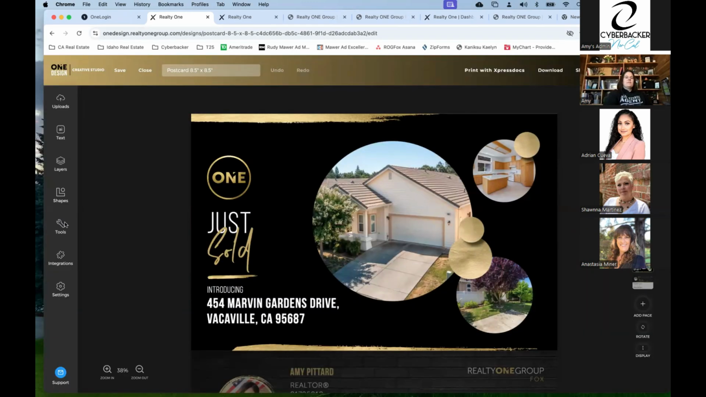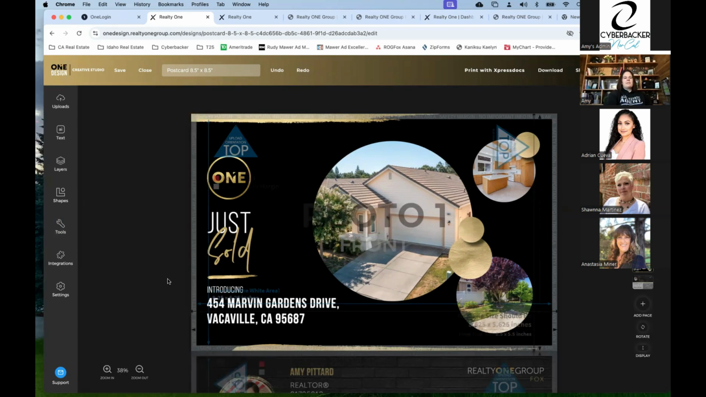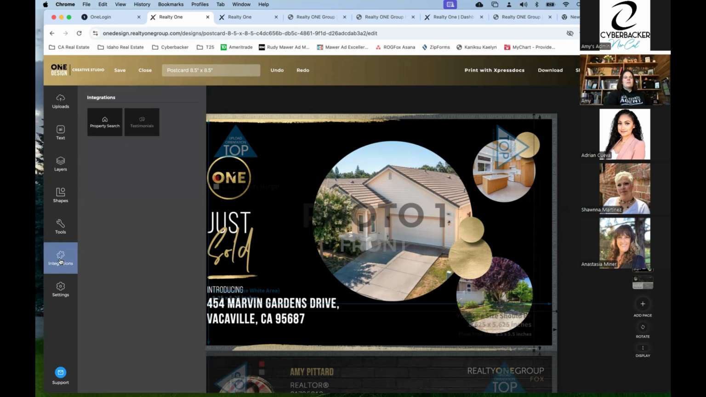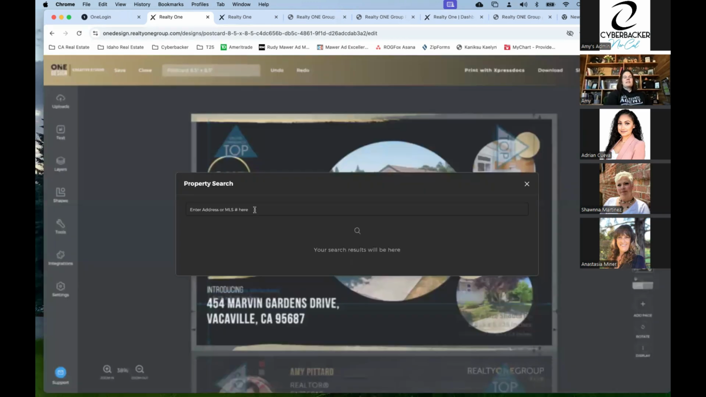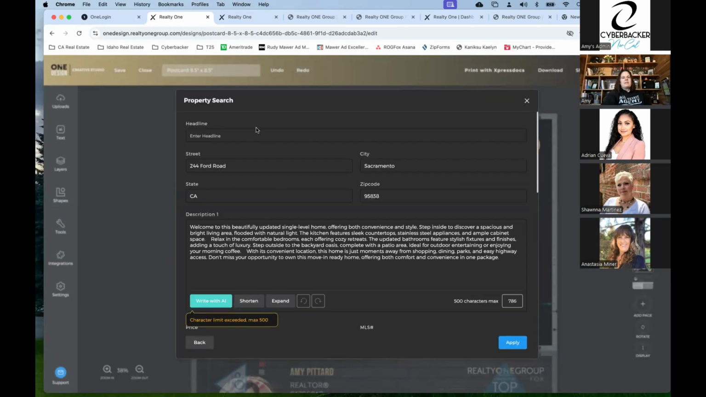Right. So tools, let's see if I can, it will create a QR code, right? AI writer. Somehow I believe we can update the property. Oh, here, if we hit integrations and go property search, now we can pull up the next property that we have. There we go. Right. Make sure everything